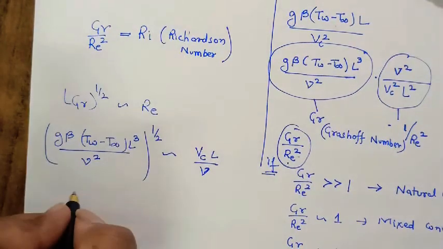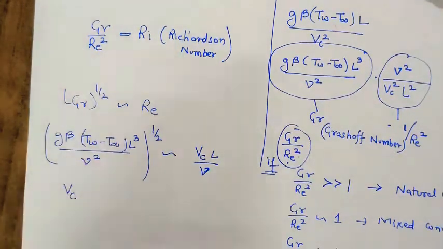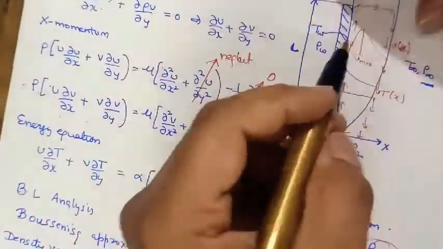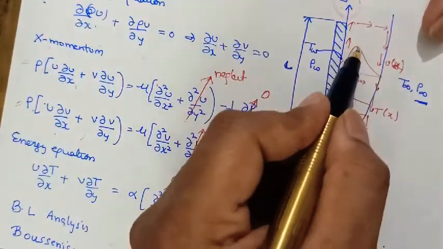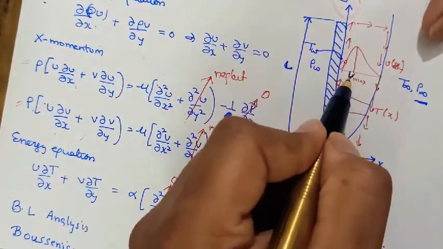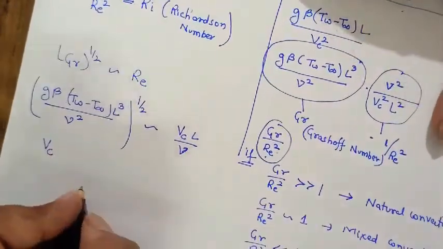So from here you can get this Vc value. We don't know where this Vc stands, right? So this is the Vc we're talking of. So this Vc will be